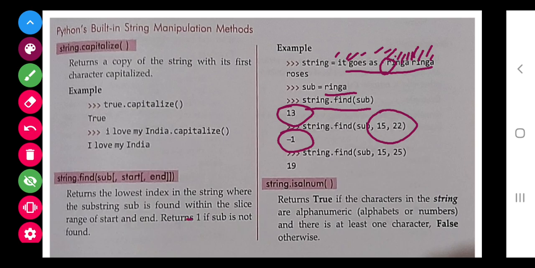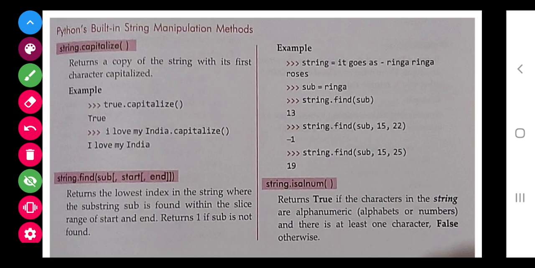Now if we are writing the range differently, then under it the substring is coming, because n starts from 15. You calculate yourself. Then this substring's lowest index is 19, that's why the result is coming 19.